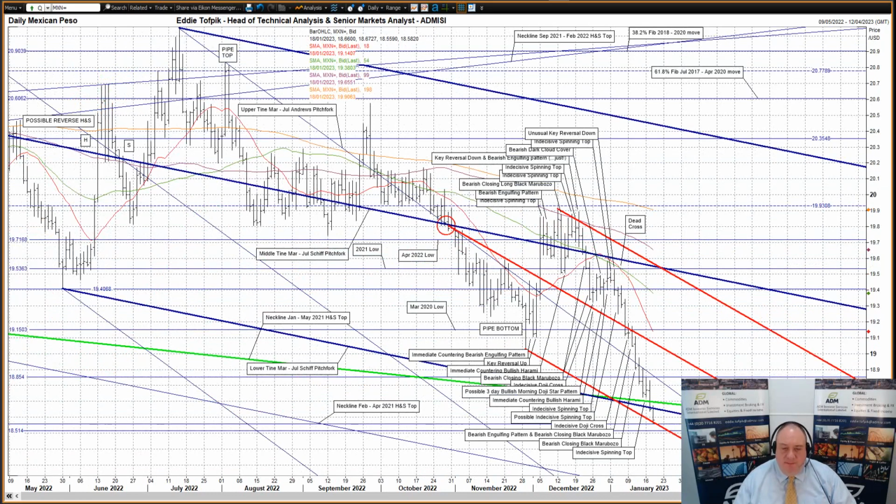US dollar against the Mexican peso. A reactionary bearish black crow and a new low and low close not seen, well, it all happened yesterday, not seen since February 2020. What was interesting about the action was how it broke down and closed below two key dynamic supports. Firstly, the neckline of the January to May 2021 head and shoulders top, currently at 1869.72, which is highlighted in bright green on my daily chart, and the lower tine of the March to July 2022 shallowly bearish shift pitchfork, currently at 1865.72, if only just on that latter one, and which is highlighted in dark blue on my daily chart.